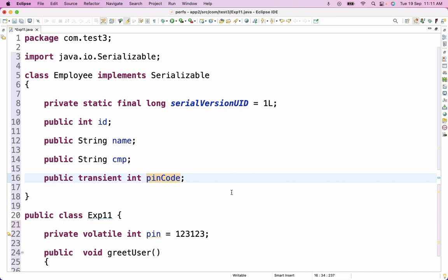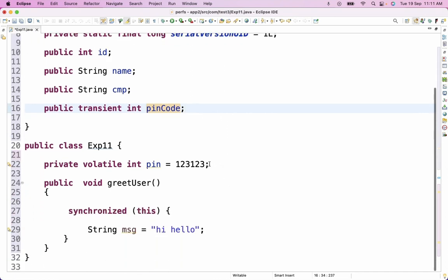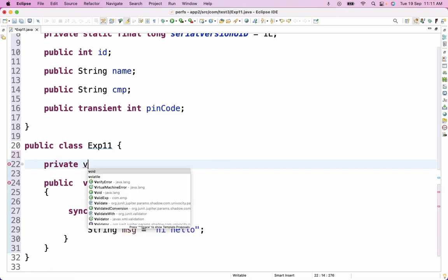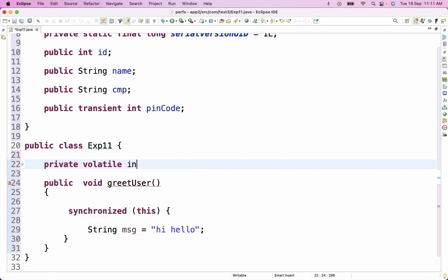So that is how to use it. Coming to the volatile keyword, I have taken, inside the class, a private volatile int, say pinCode, or anything that is not secret data. For example, I'm taking a simple value. Here also I'm taking a value for the pin code, something that is unsecured data and not that important. So the volatile keyword means